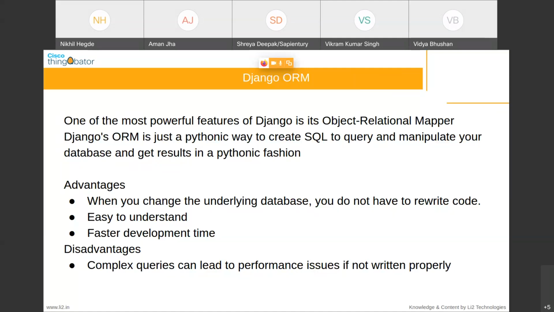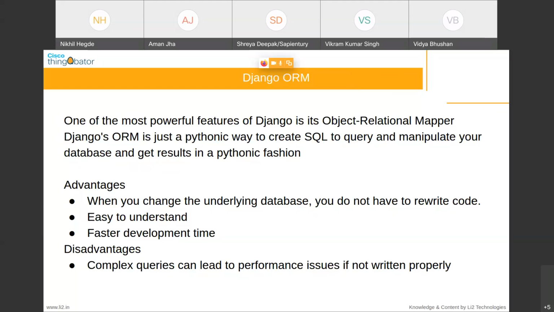So if you use Django ORM, it's a huge time saving, and it's also pretty easy to learn compared to SQL queries. That I will explain in the next slides. Compared to development time also, it's faster because joins and everything are done in simple commands. It's simple, easy to read, and easy to understand.